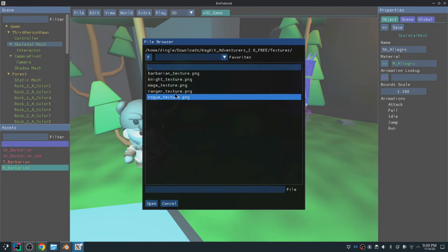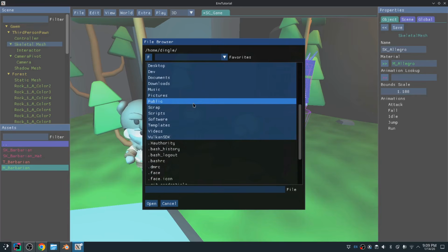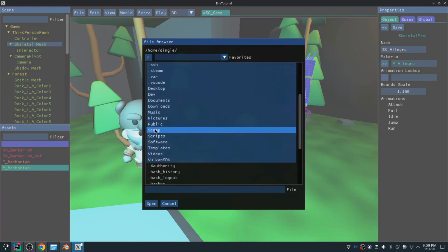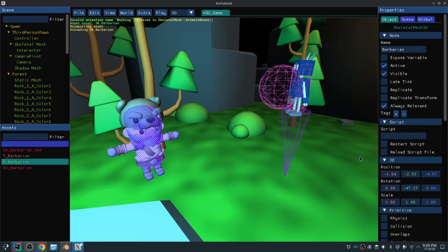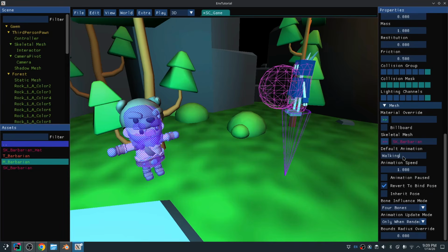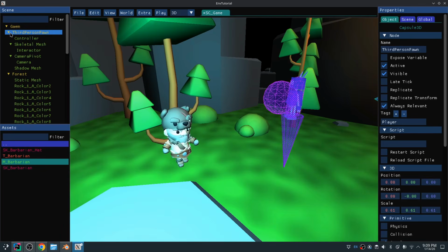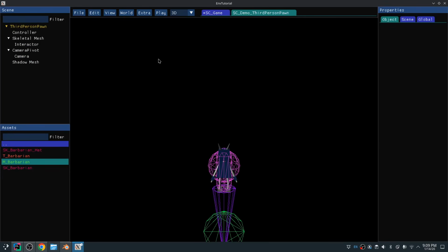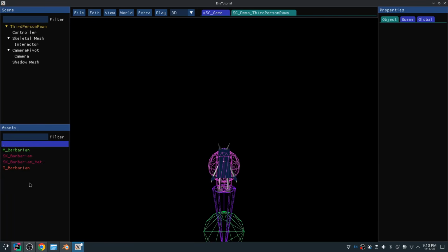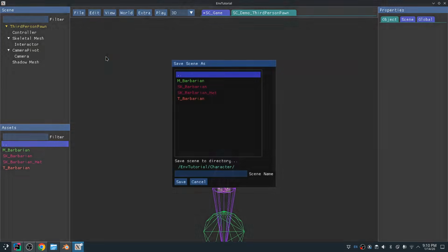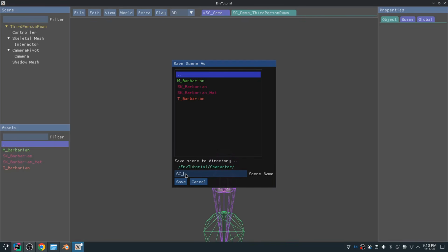We re-import this guy, it should be fixed. So go scrap, character tutorial, this guy. Right, and so our idle animation, or our default animation was walking, but now it is run. Let's make a copy of this third person pawn. So when we do this, you can open the scene. This pawn is found in the engine assets, but we're going to make a copy and replace him and keep it in our project. So what you can do is do File, Save Scene As, and we'll call it SC